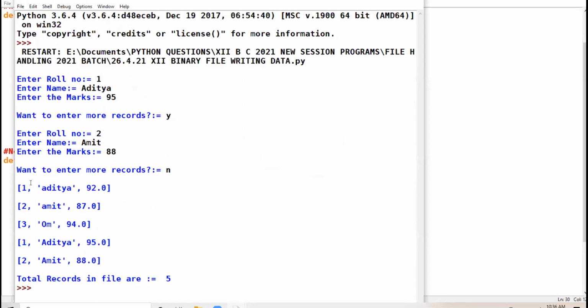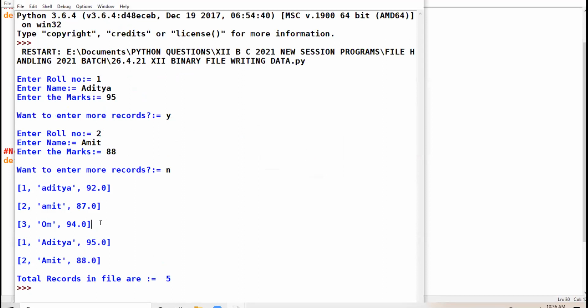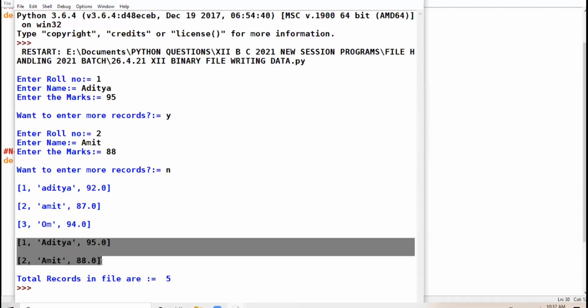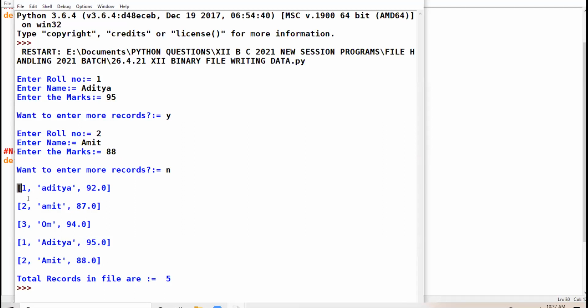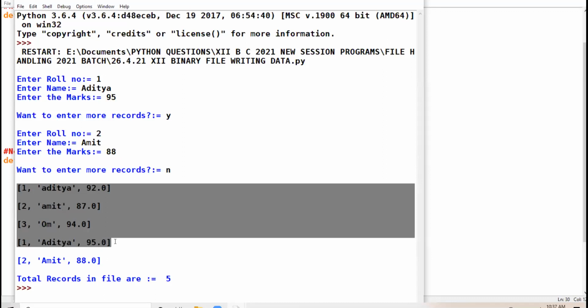Now, these were the records which I was having in my file earlier. These are the 2 new records. These were the records which I stored earlier. Because I have taken the append mode, my previous data doesn't get truncated.